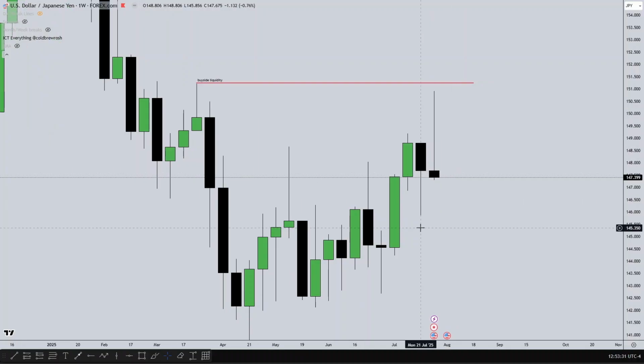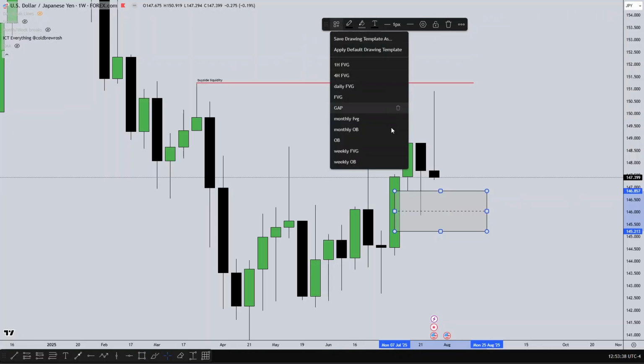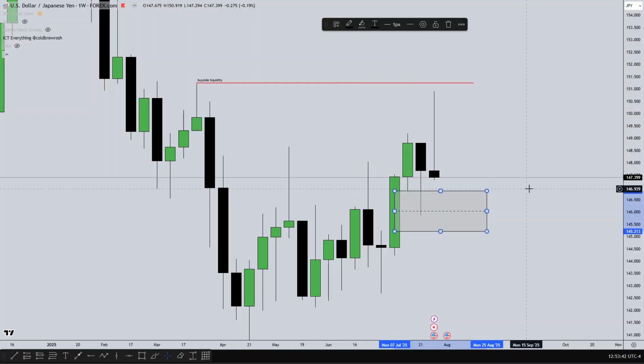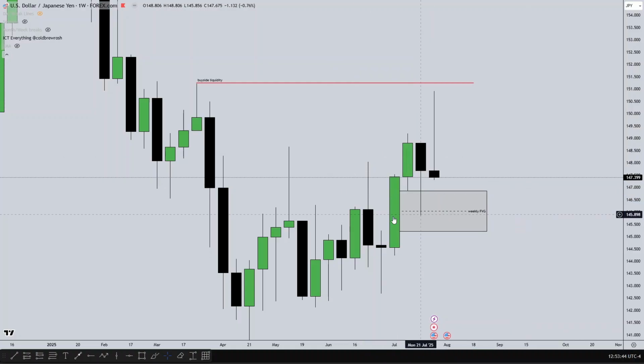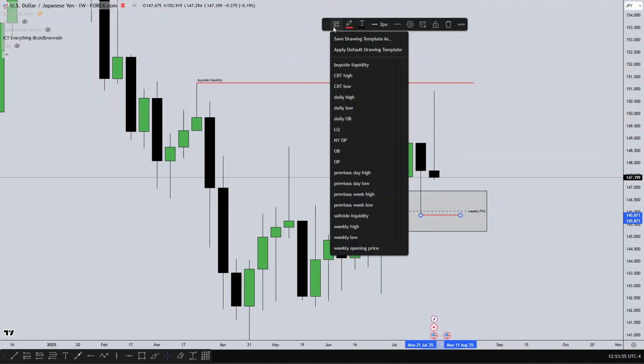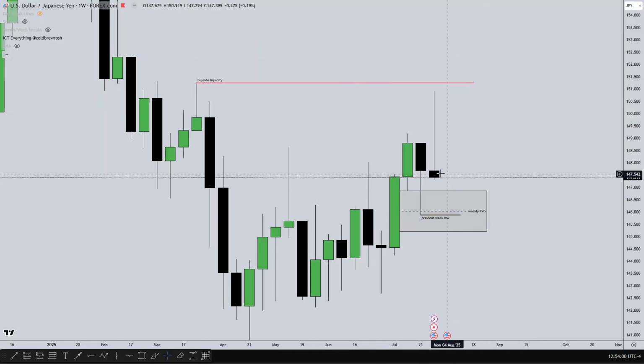Now there's a chance of price going back to this weekly fair value gap and running down to the previous week low. So there's a chance of price going for that low. I'm going for a counter trend because this might be a short-term reversal back to the weekly fair value gap to run out the previous week low. So my bias going into next week is to anticipate a down close candle.